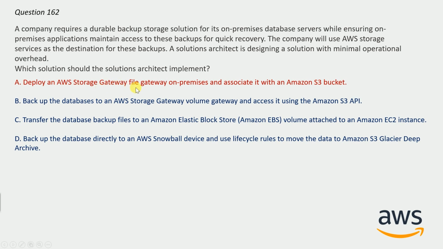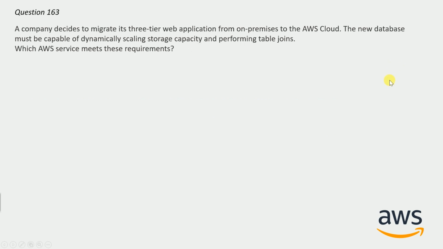Deploy an AWS storage file gateway on premises and associate it with an Amazon S3 bucket. This one is correct here because your volumes are stored in the Amazon S3 bucket maintained by the AWS storage gateway service. Your volumes are accessible for I/O operations through AWS storage gateway. You cannot directly access them using Amazon S3 API actions. You can take point-in-time snapshots of gateway volumes that are made available in the form of Amazon EBS snapshots, which can be turned into either storage gateway volumes or EBS volumes. Use the file gateway to work with the data natively in S3. So the answer is A.